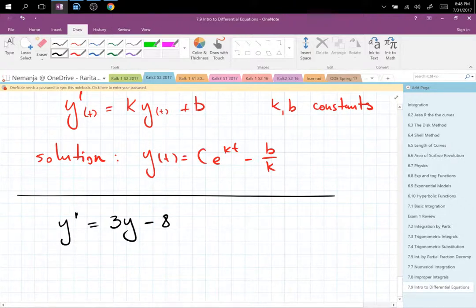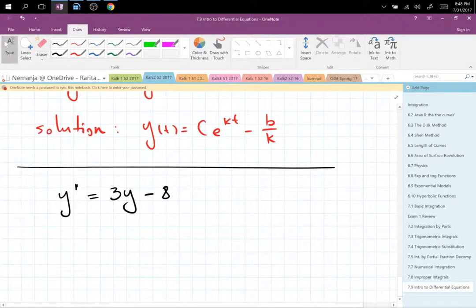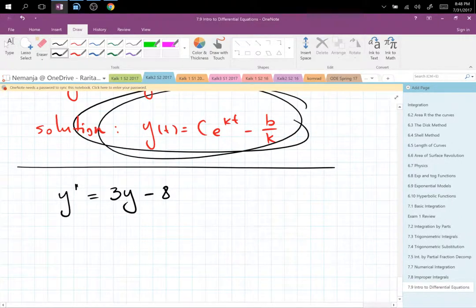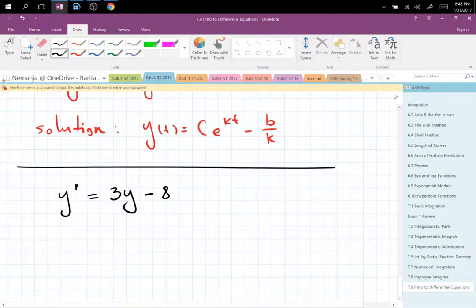All right. So I'm going to solve this by separation of variables. First, I'm going to use Leibniz notation. Oh, by the way, you can just pick off k and b, plug them in the equation above, and you're done, right? Because this is the solution, and if you just pick k and b, which are obviously 3 and negative 8, and plug them where they belong, you're done, right? That's if you memorize the equation. But what I want to do is solve it. So dy dt, Leibniz notation,